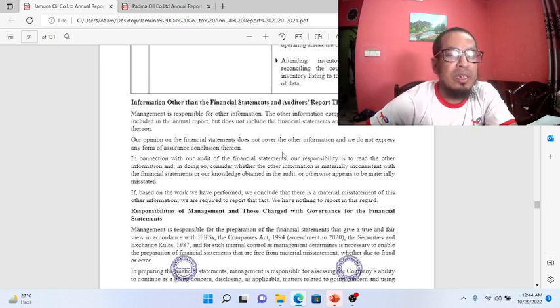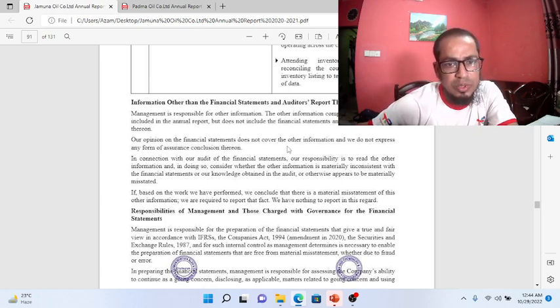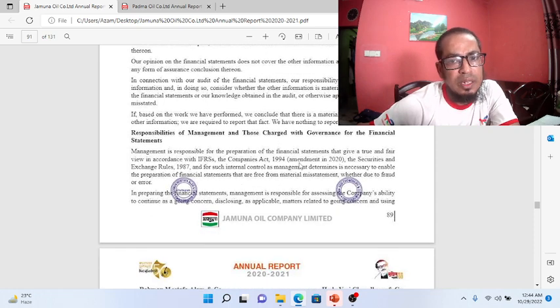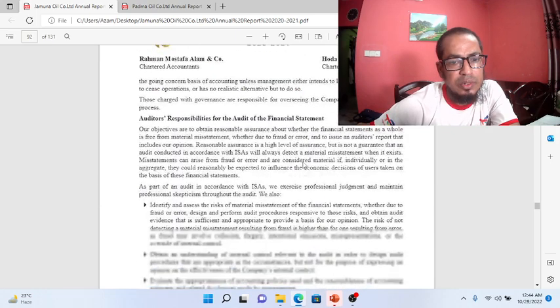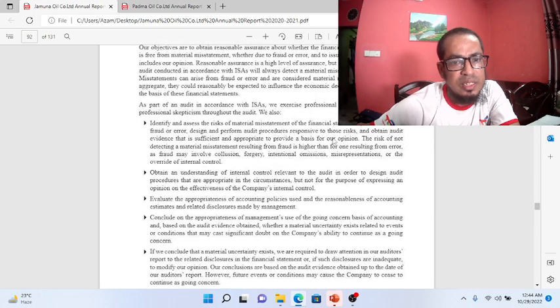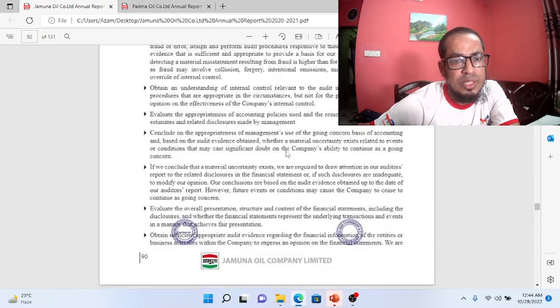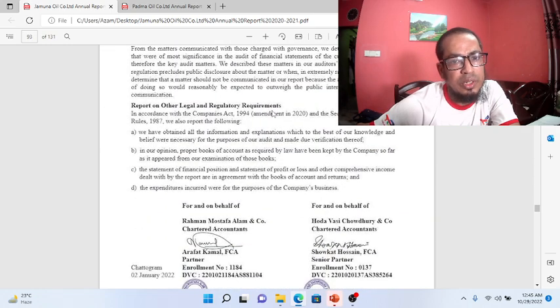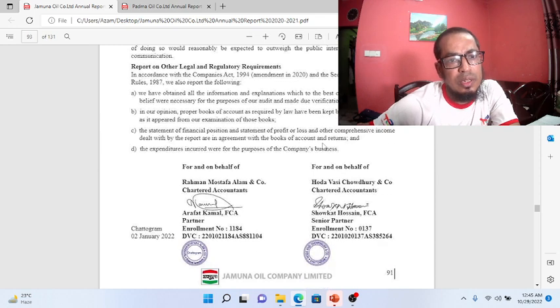There was other information, but no other information was addressed by the auditor, so there is nothing to report by the auditor. Responsibility of management and those charged with governance or the board is given by the auditor. Auditor responsibility is detailed; you can see and have a note from this report after downloading. Report on legal and regulatory requirements is also in accordance with